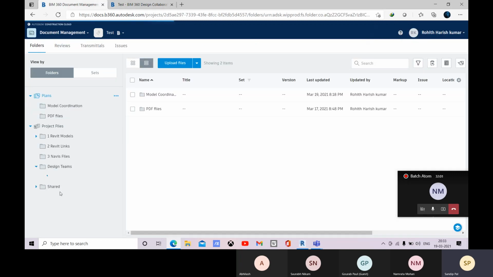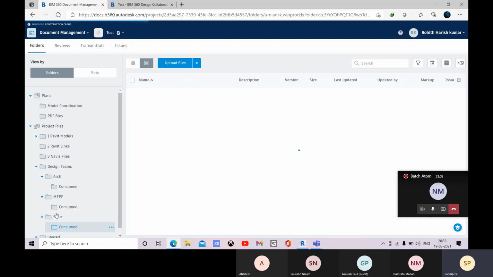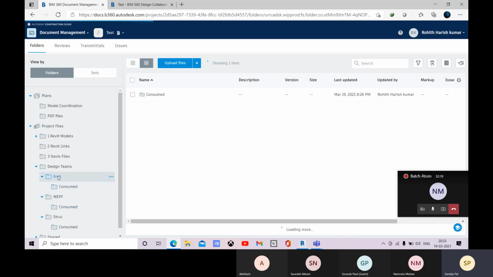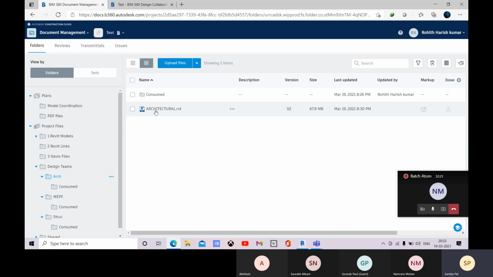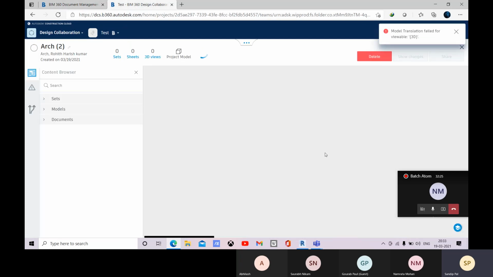So you remember that within this file we have created some consumed folder there, right? So when you consume, this file will be added within this consume. So these consumed files folders are empty right now. When you consume, there will be the file. Okay, so this file is normally within this architecture folder. And now